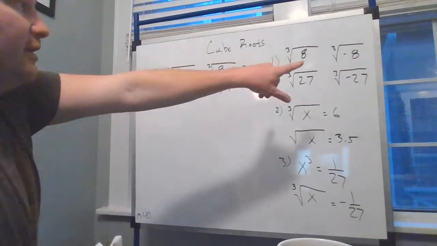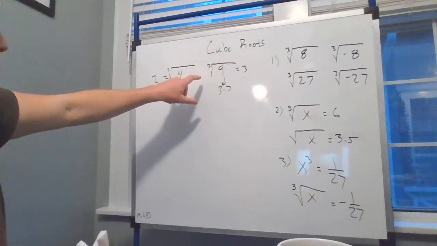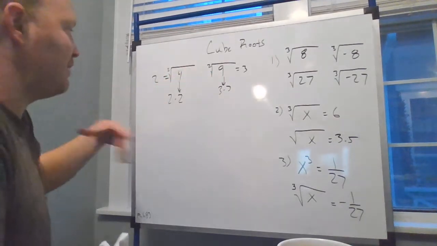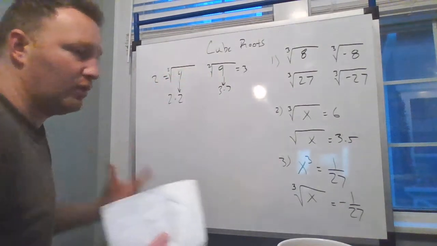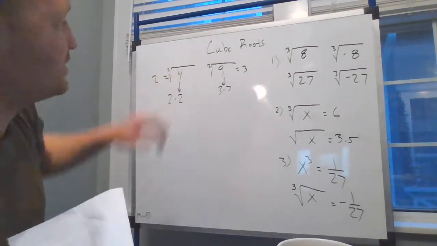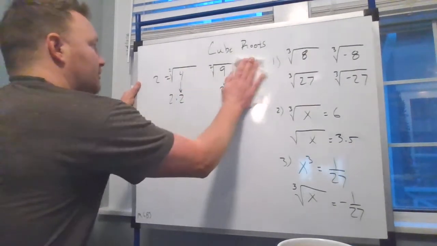Now, before I get into these examples, I want you guys to recognize you can only have a positive number under here because the same number multiplied by itself twice, no matter what, whether it's a positive times a positive or a negative times a negative, it's always going to be a positive answer. So now,